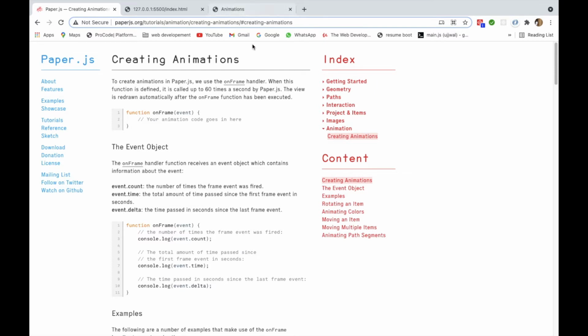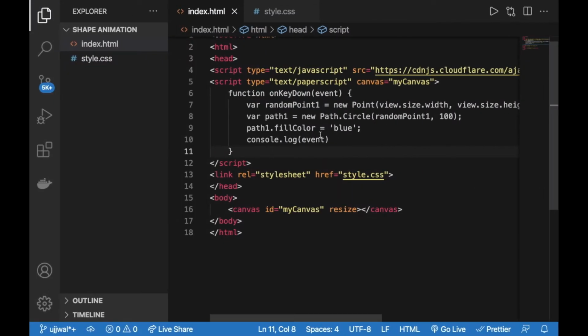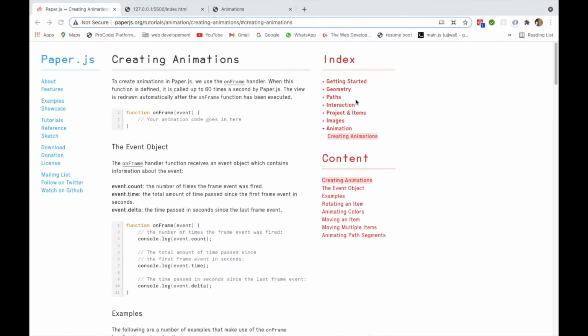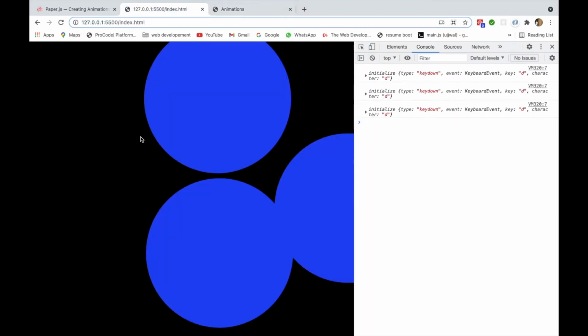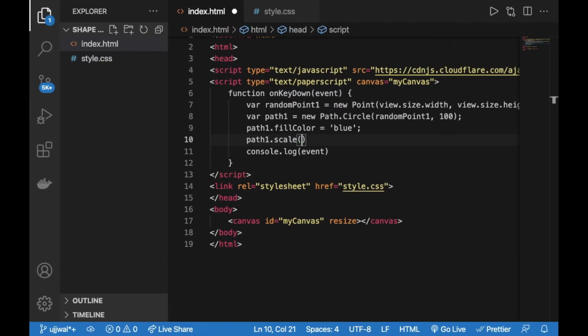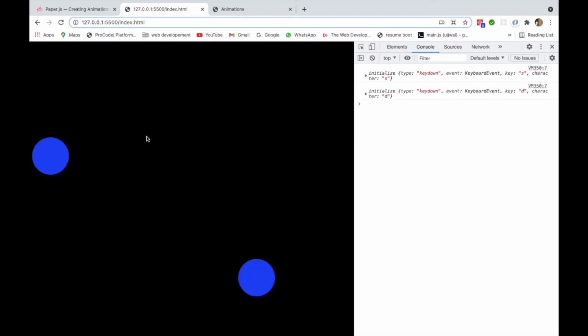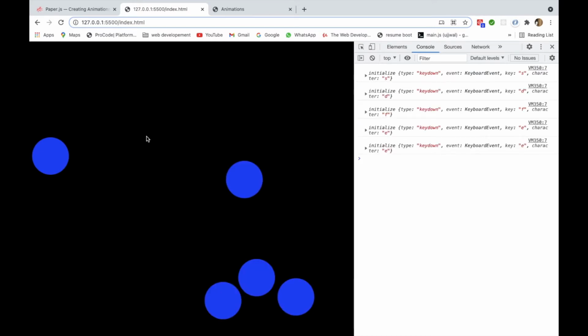Let me do it and show you that: path1.scale, and 2, then you will see the circles will be twice the size they were originally. Okay, if I'm going to go for 0.5, then they will be half the size they were originally. So they are smaller than before.